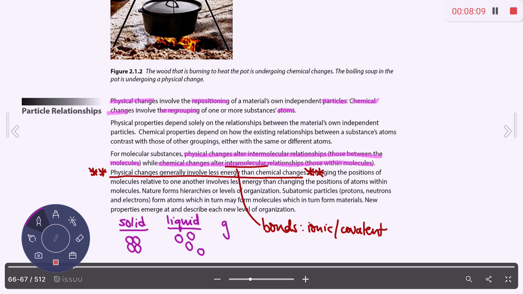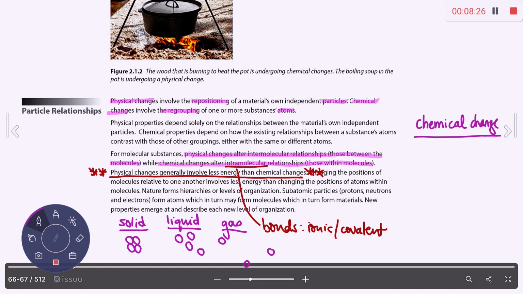And then if it was a gas, obviously there's a ton of space in between the particles. They're very spread out, okay? If we're talking about a chemical change, so that's a physical change, right? Physical changes. But if it's a chemical change,